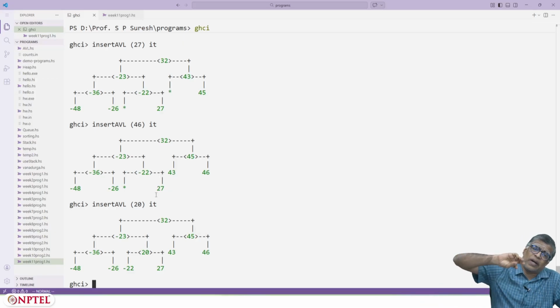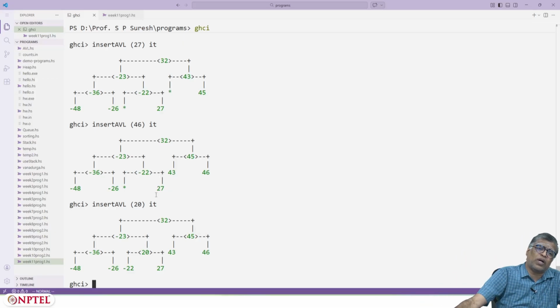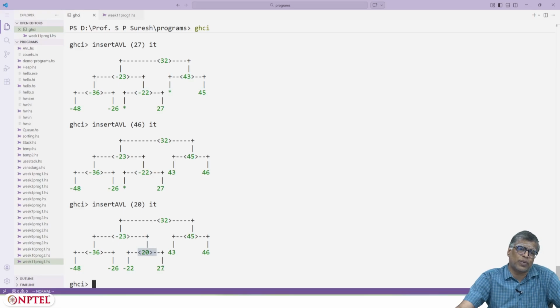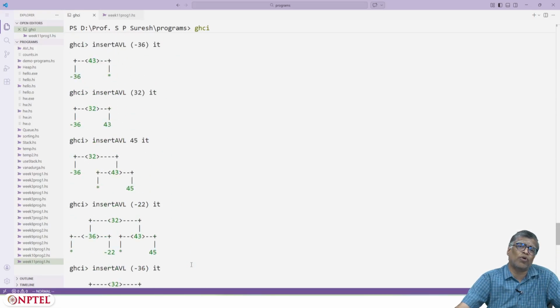So you do a right rotate of the right subtree and then a left rotate. That is why 20 has come here to occupy the place that minus 22 was earlier occupying, and to its left is minus 22 and to its right is 27. Okay, 20, and then if I recall right, we said 24 and minus 49, minus 29.